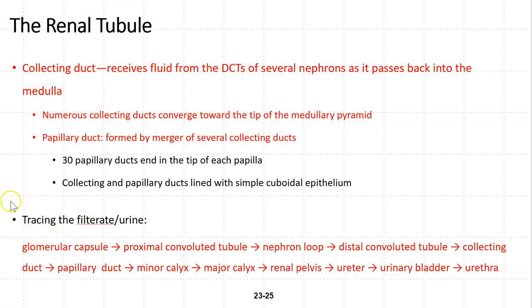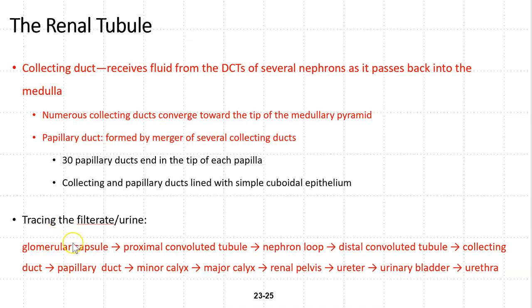So the last portion of the renal tubule is called the collecting duct. The collecting duct receives the filtrate from the distal convoluted tubules of several nephrons, and it just passes it on to the renal pelvis. So the way the urine, or the filtrate, flows through the nephron is from the